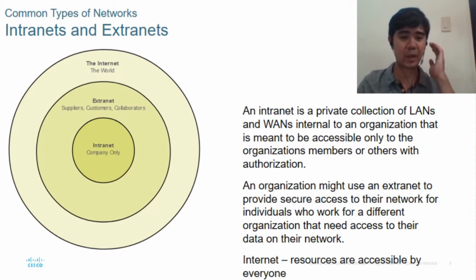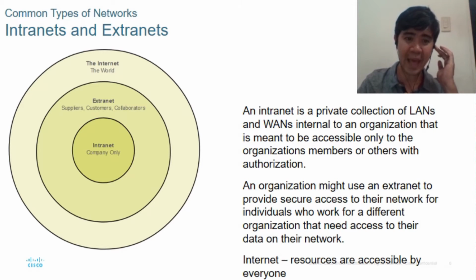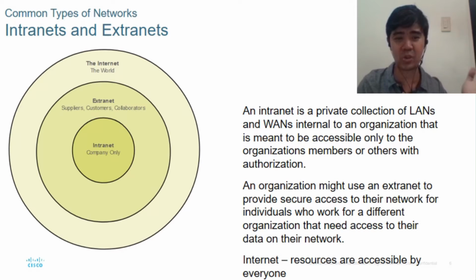Some terms, okay? So when we say internet, when we talk about resources or services in the internet, it can be accessed by anyone, no restrictions, while extranet is a type of network that is accessible in the internet, but for restricted users only. Okay, that's the extranet. So you make your connections private in the internet, and that is through providing authentication.